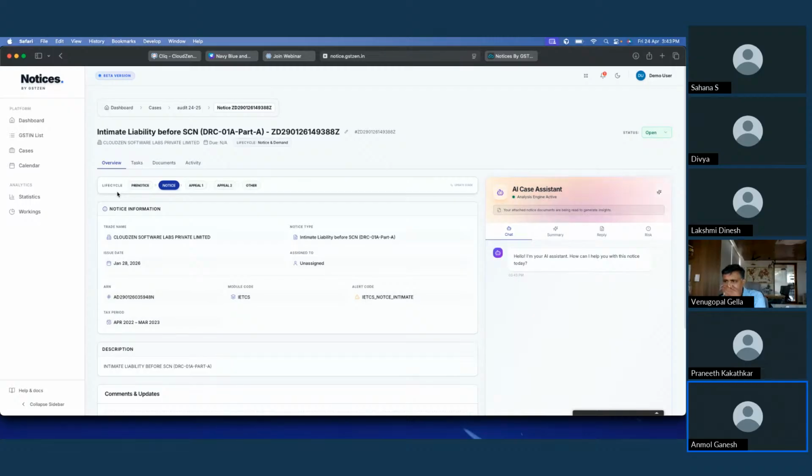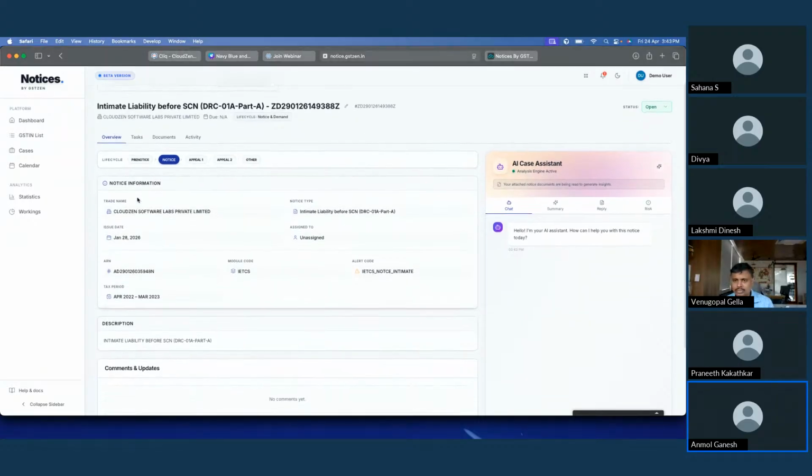We can see that this notice is under the notice and demand stage. Let's say by mistake we map it to some other stage. This provides us an opportunity to correct the particular stage of a case.